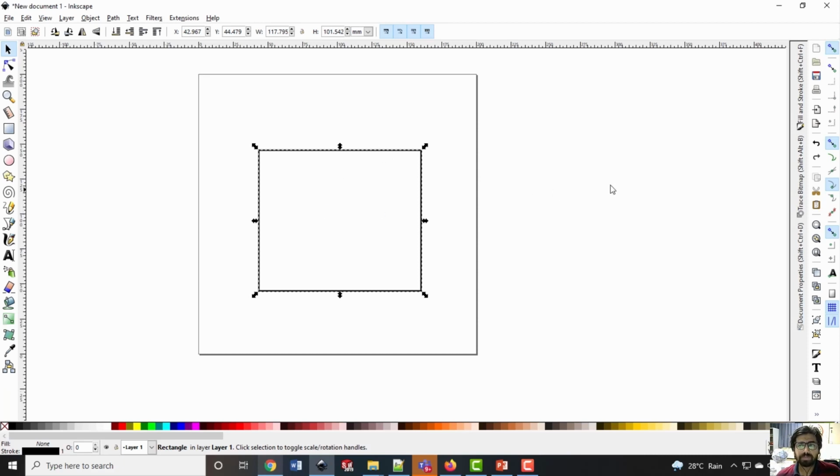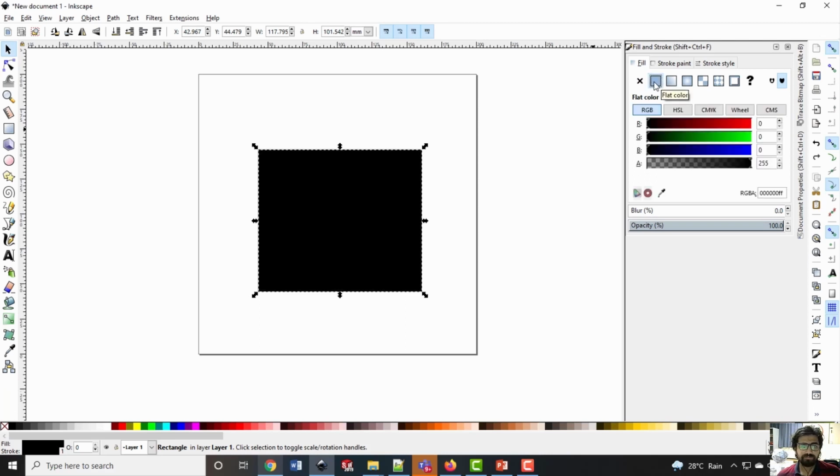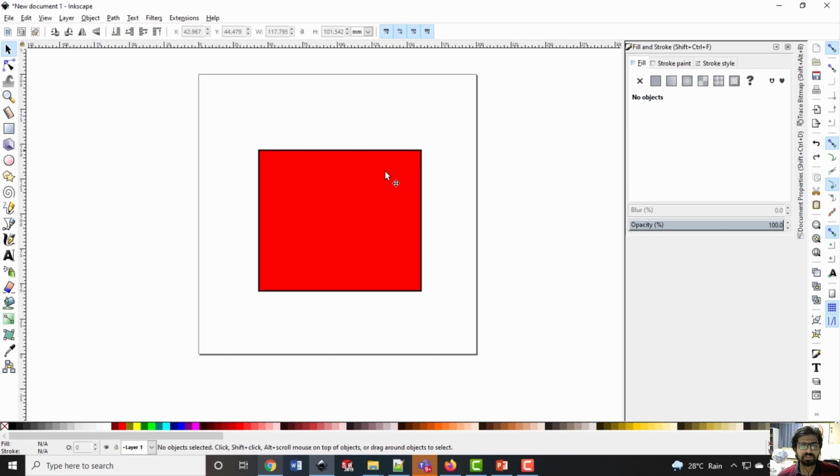So for that, you can press Control Shift F, and that will open the fill and stroke options. You can see right now I am at the fill tab and there is nothing available here because it's closed. I can start with the flat color available inside the fill, and as soon as I click on this, the inside region of the rectangle has been filled. Now if I want to keep some color for the inside rectangle, I can keep it, for example, red, then the fill is red and the stroke is black.